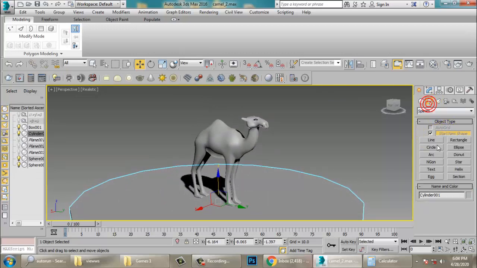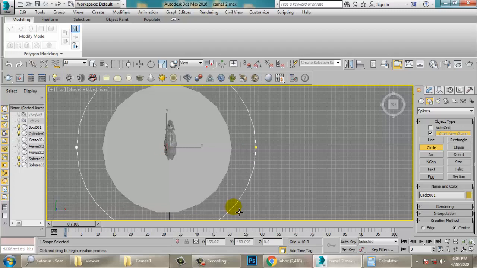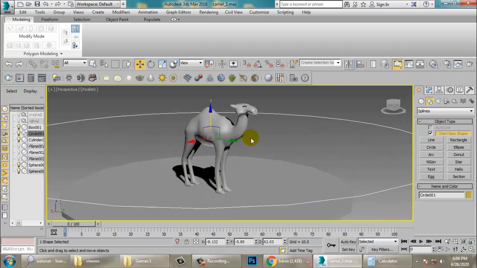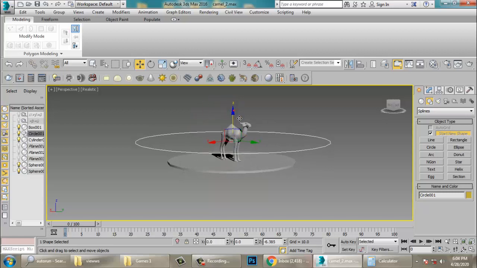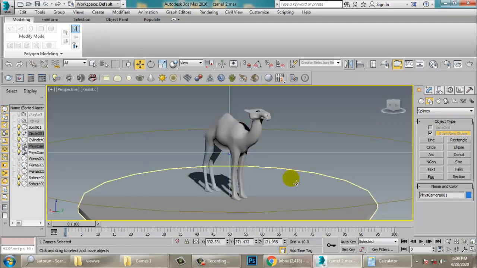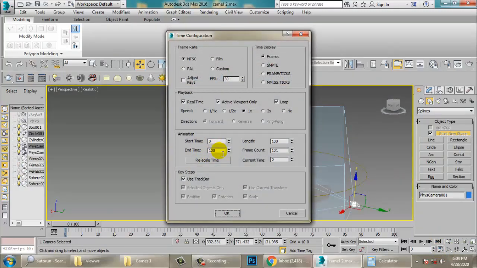Take a circle, push the circle up, press Ctrl C, that's your camera. Let's go into time configuration and let's give it as 500.